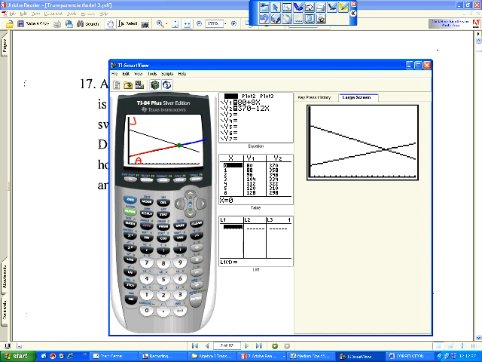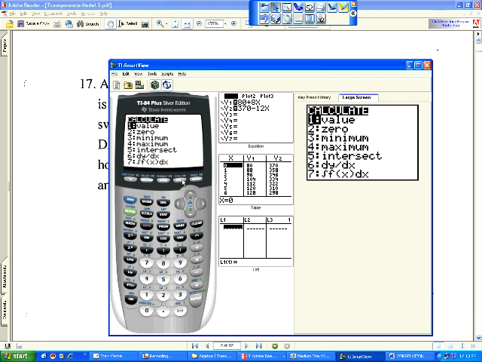If we could get the calculator to give us the point of intersection, it would give us how long it would take. What can we do to find the point of intersection? We're going to hit second trace, which is calculate. I'm going to get there in a minute. Second trace, which is calculate. I finally made it. We want to go down to number 5, which is intersect,